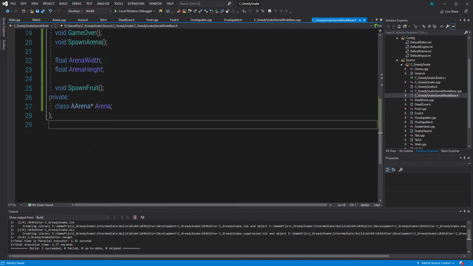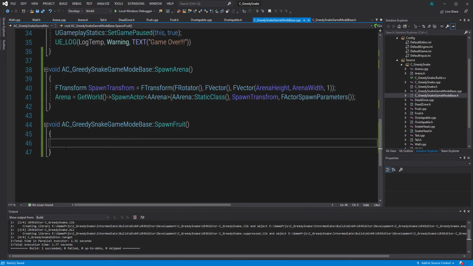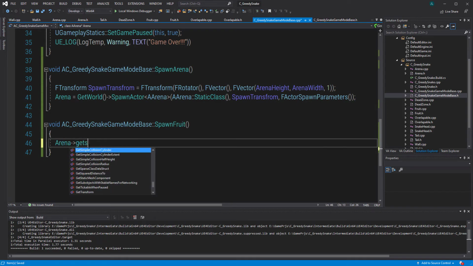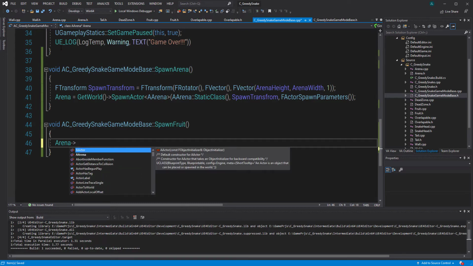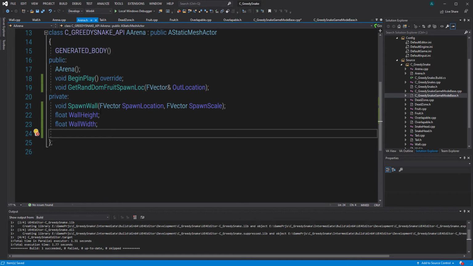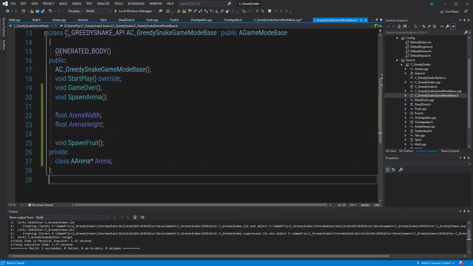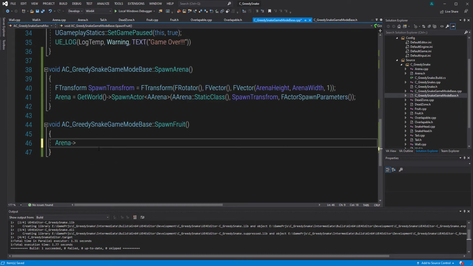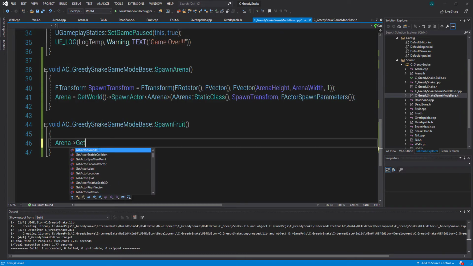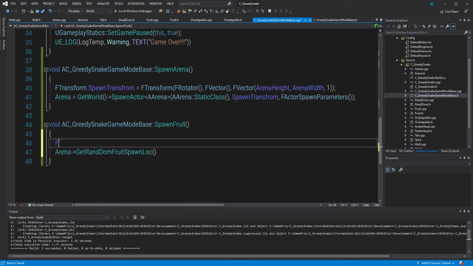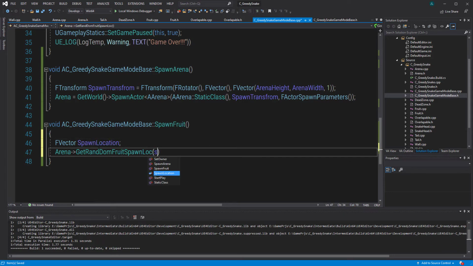So now in the game mode, here we can say arena, get a fruit. How do I name it? Get random fruit spawn location. Right, and we create an f vector spawn location, and we pass that over, and that's going to populate it